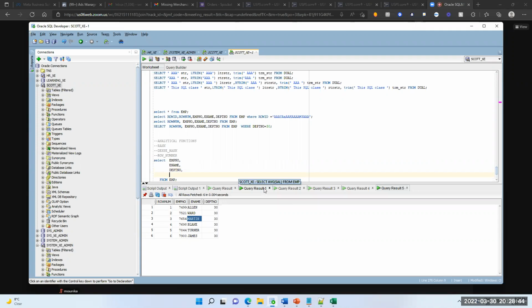I want to show the rank, that means the top salary comes first, and the lowest salary in the particular department gets the least rank. For example, 10,000 is the highest salary in the 10th department. That should come on top. We have to display the rank as 1. Clear, guys?